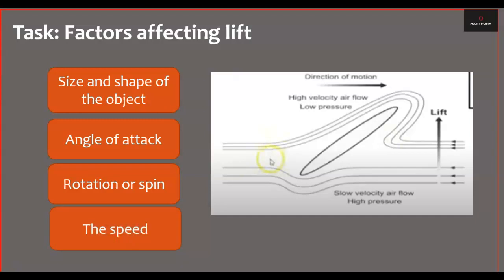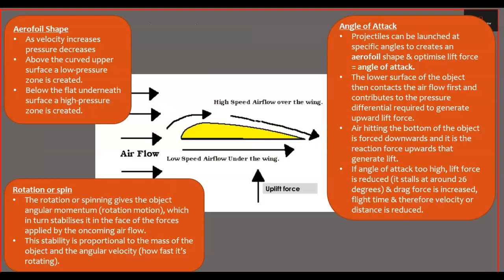And don't forget speed. So the three factors that we will look at here are airfoil shape, angle of attack, and rotation or spin. Just starting with airfoil shape, we know that as velocity increases, pressure decreases. So above the curved upper surface, a lower pressure zone is created. If we think about above this object on the screen, a low pressure zone is created, and below, underneath that flat surface, so this is a wing on a plane, that creates high pressure in that zone,